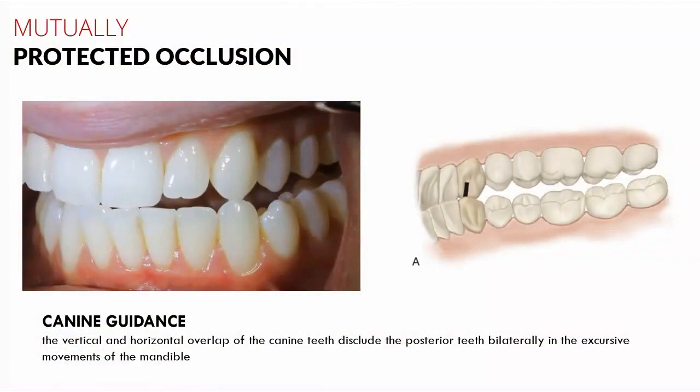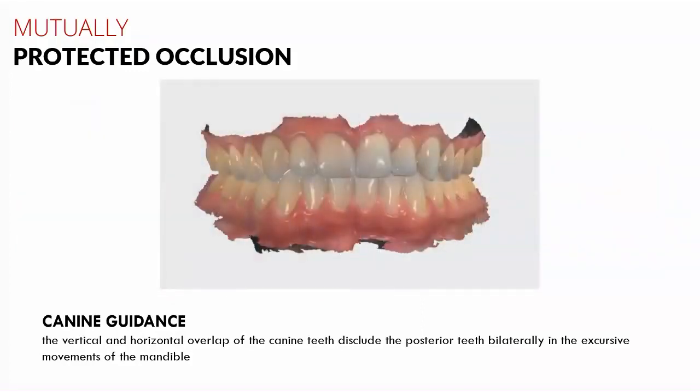When we move our jaw to the side and we have only the canines touching and causing the posterior teeth to separate, we have this term canine guidance, okay? It discludes or disengages or separates the back teeth, okay? So pick whatever word you want, but that's the principle, okay? The canines separate the back teeth when we're gliding laterally, or to the side,